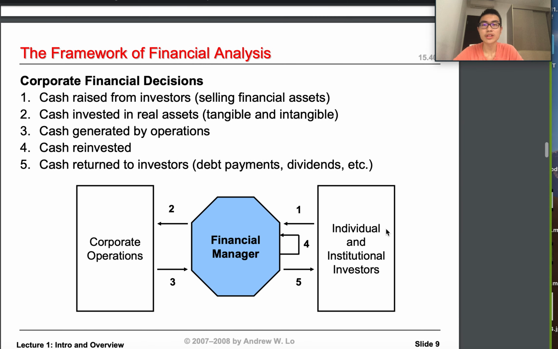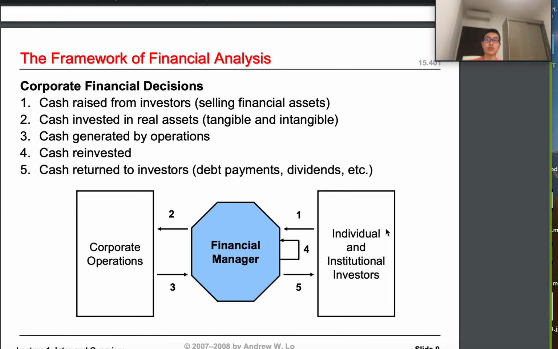Okay, now getting a little bit complex is the framework of financial analysis. Looking at this diagram right here, hopefully you can see clearly, you are now understanding how this corporate financial decision flow works. So read and understand, first is individual and institutional investors. In simple words, individuals, personal investment, and corporate investment. Raise cash, and the financial manager invests into real assets. As a return, the cash generated by certain operations is given back to the financial manager, a certain amount of it,